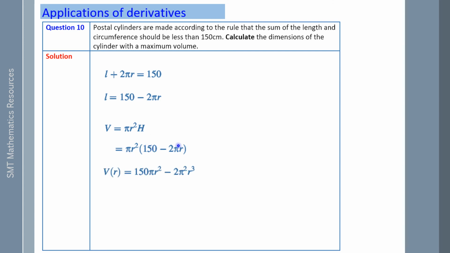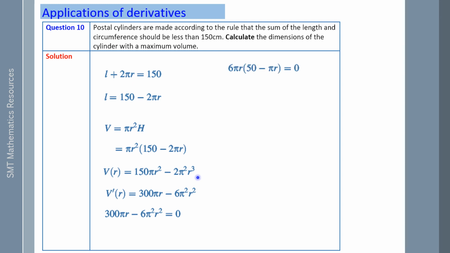Now if we expand this, we get 150 pi r squared take 2 pi squared r cubed. Just think of pi squared as a constant, so 2 pi squared is the coefficient. You now have the function, so you can just differentiate by using the power rule. So 2 times 150, 3 times negative 2, take 1 off the power in both cases, and you have your first derivative. That's the hardest bit because you've got to this point, you now let the derivative equal 0, and